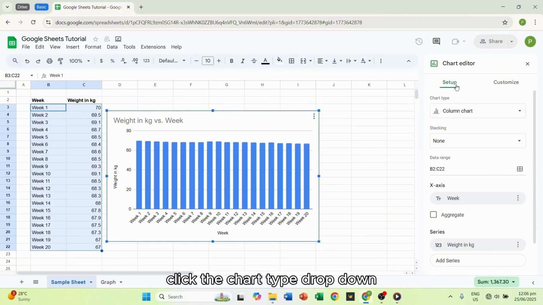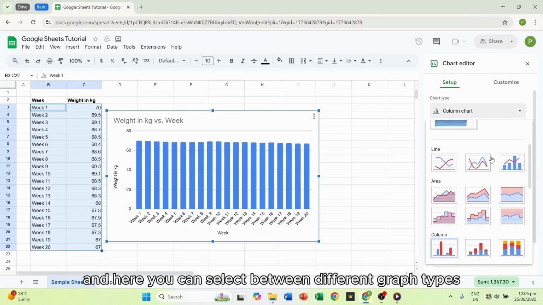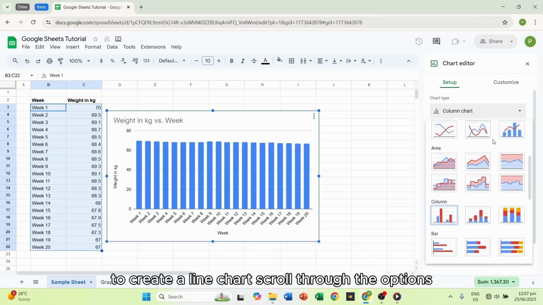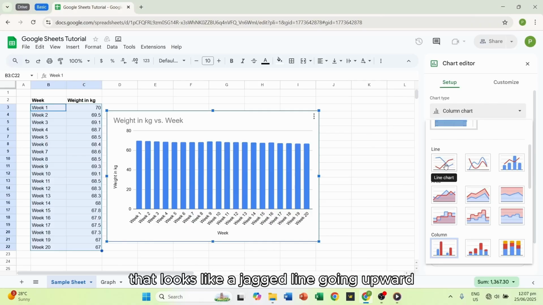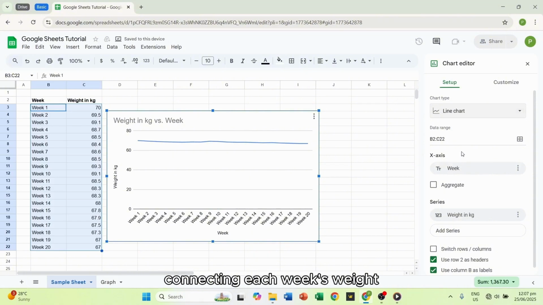To change the chart to a specific type of graph, in the chart editor, make sure you're in the Setup tab. Click the chart type drop-down, and here, you can select between different graph types like bar or column graphs. To create a line chart, scroll through the options and look for the icon that looks like a jagged line going upward. Once selected, the chart will update to show your data as a line connecting each week's